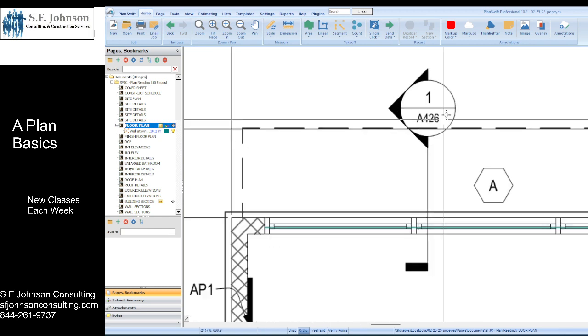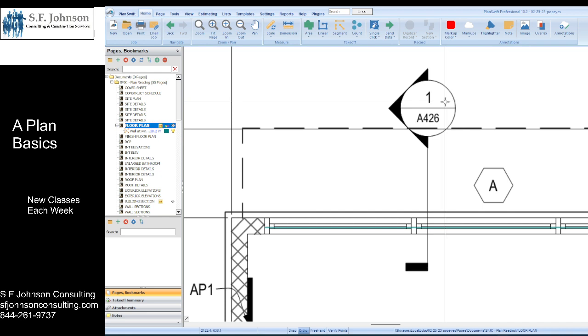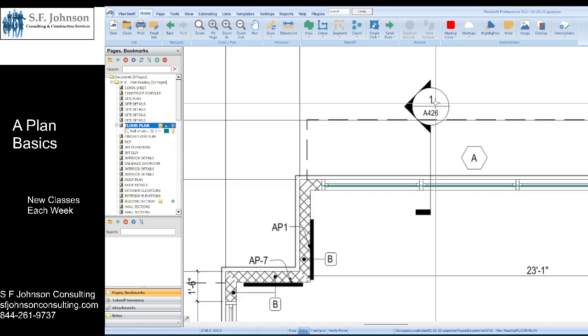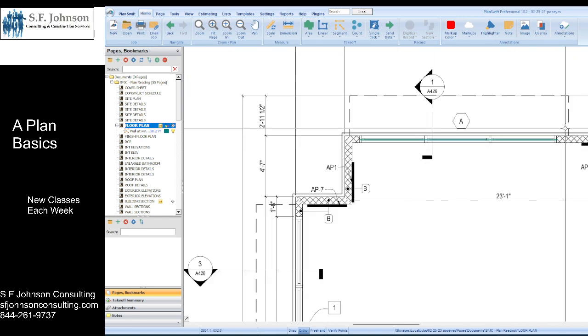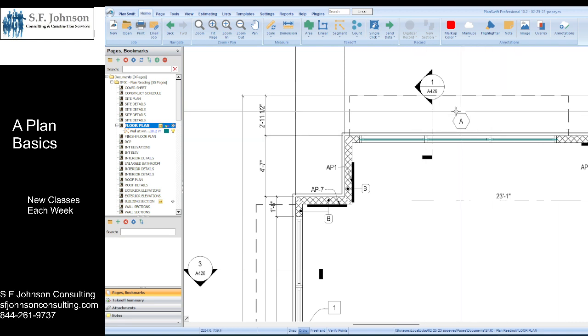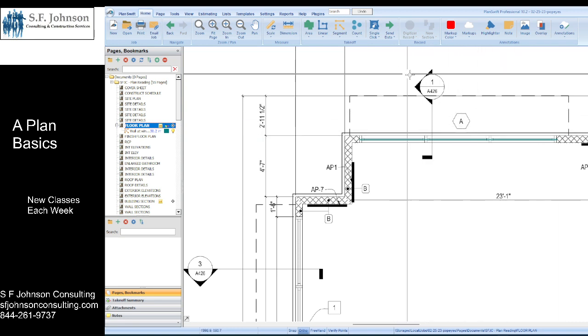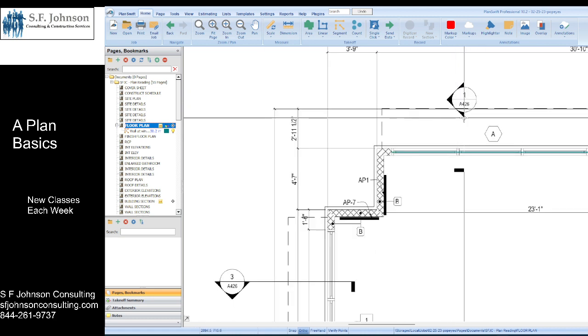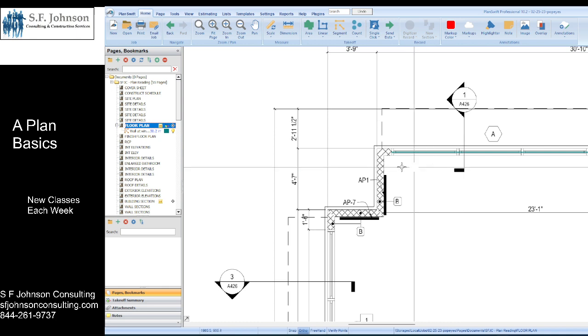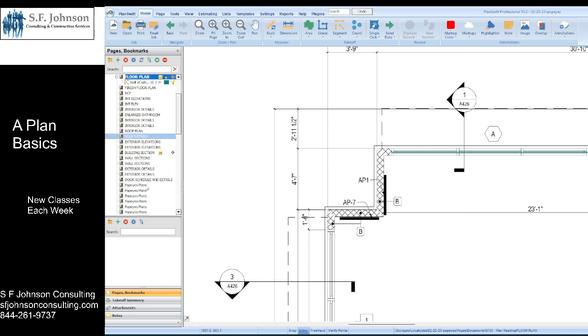And again, how we look at this, the section view, a lot of symbols. This is a section view marker. And how we read it is that what this is telling the framer is that if you want to see how the wall is built at wall or window A, you're going to go to image or picture number 1 on page A426. And what that does, and we're going to do it, image number 1,